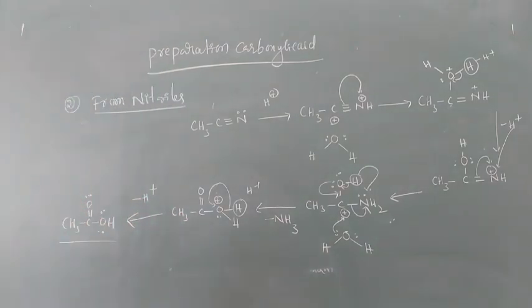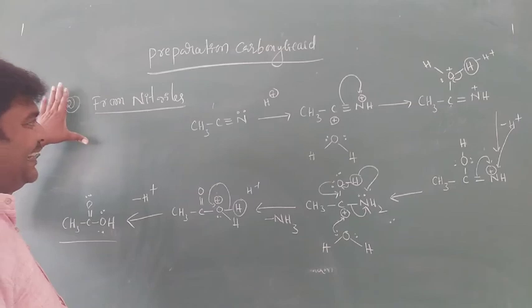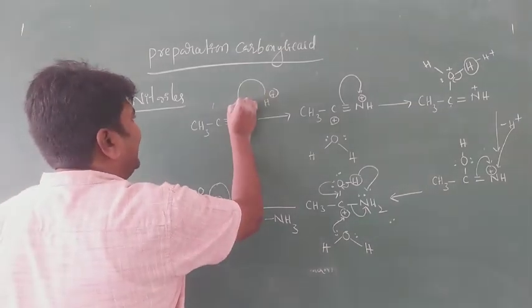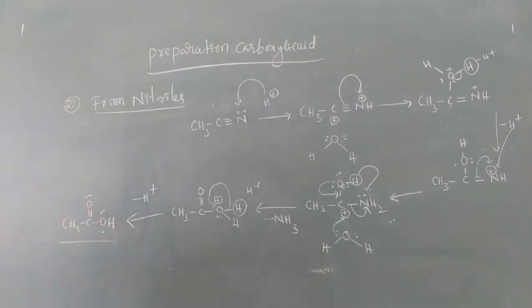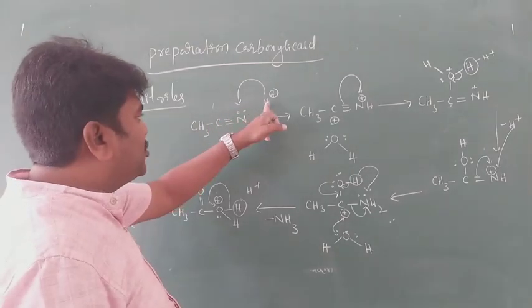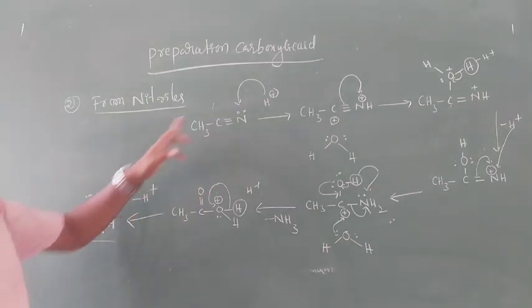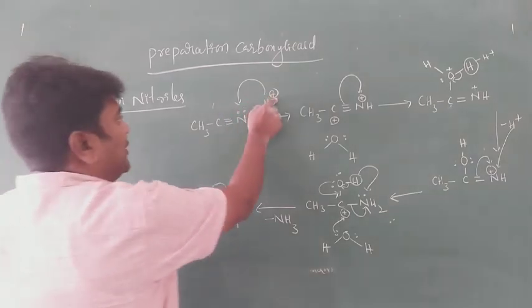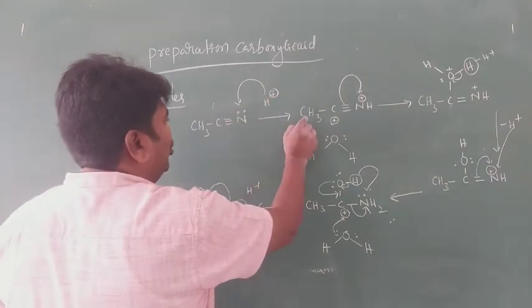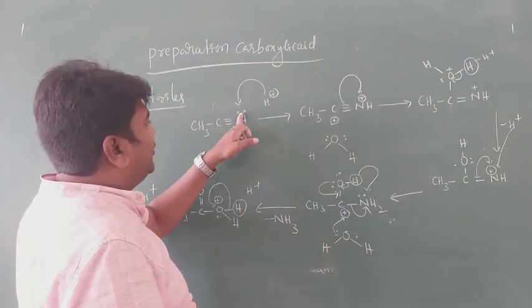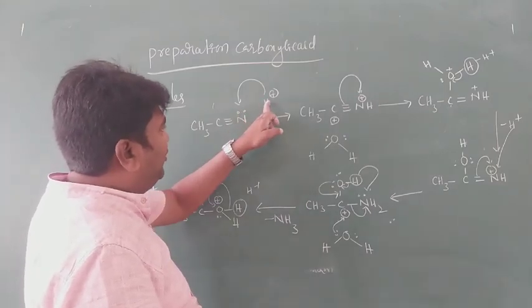Once again, see, all of you, from nitrates. This hydrogen is attacking here only. What we observed here in acidic medium: in the acidic medium, this H plus enters in one reaction and in the final reaction it is leaving back. Now this H plus is attacking here, nitrogen. You will get this one. These two electrons are involved in the bond formation in between hydrogen.